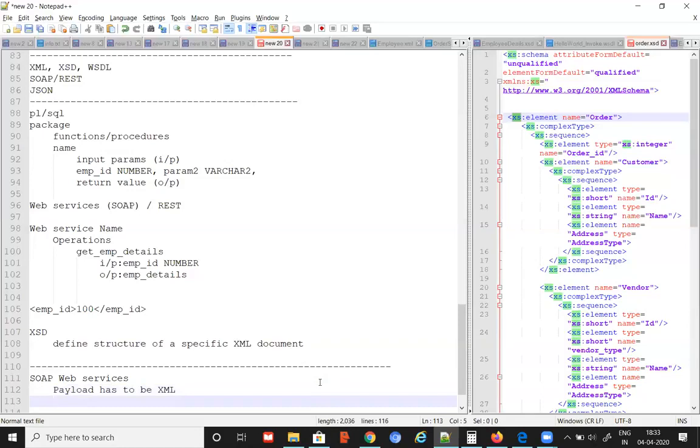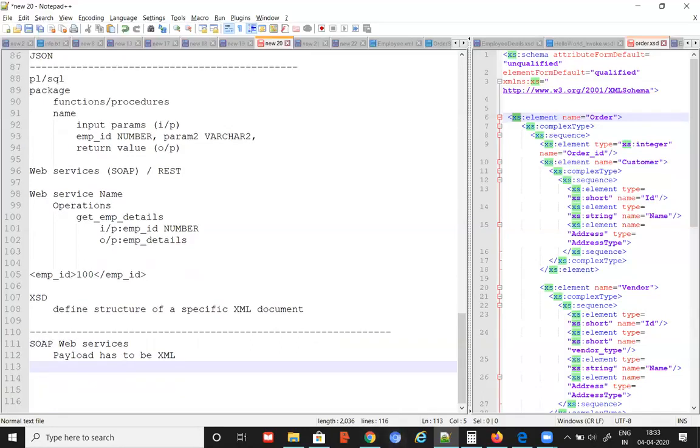When I say payload, the data you're exchanging between client and server has to be in XML. And what else? Not only XML, it has to follow something called the SOAP packet structure.